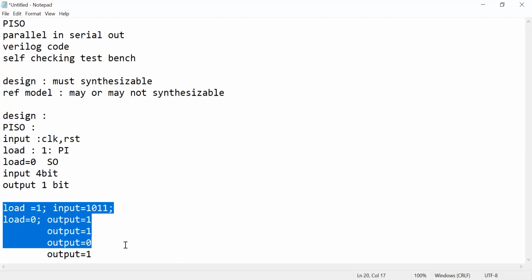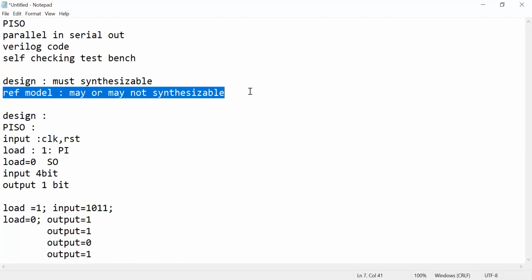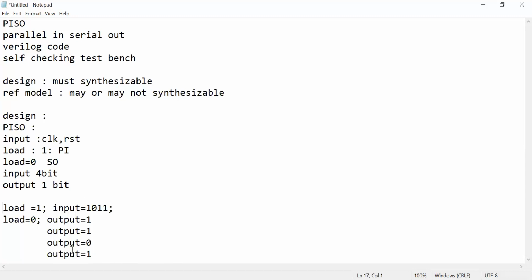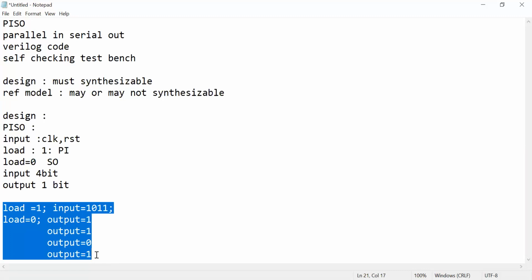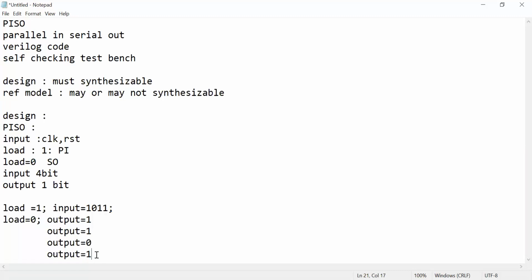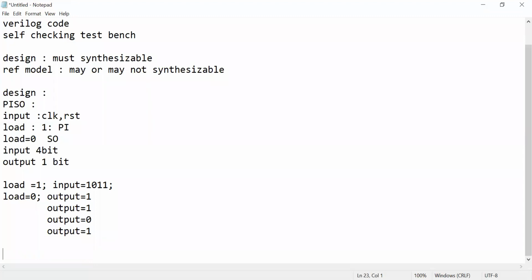Now I can't always manually check all these things, so I have to write a reference model which will produce the same output like this so that I can check easily. In the design, I'll be doing behavioral modeling, not structural modeling, just for 4-bit.